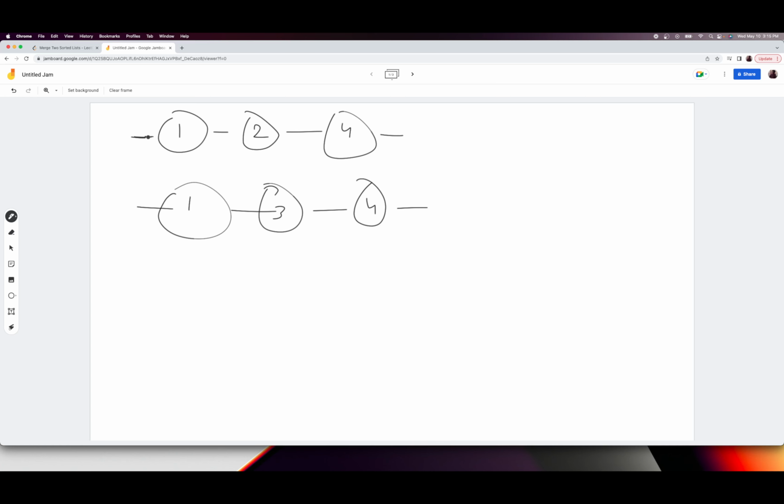So basically what the logic is, we take two pointers, pointer 1 and pointer 2. And what we have to do is compare these values. So we compare p1 dot val, if it's less than or equal to p2 dot val, okay. Then